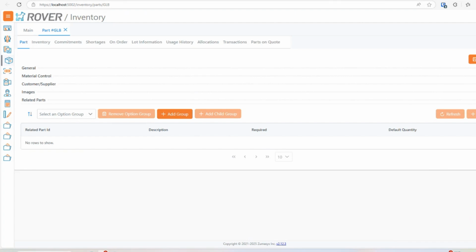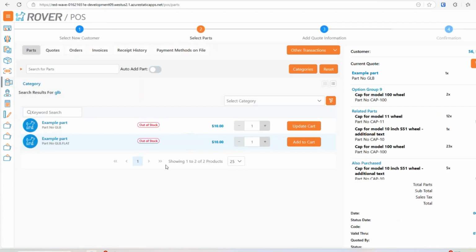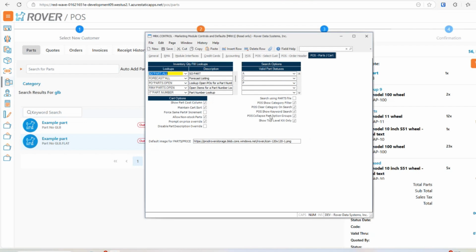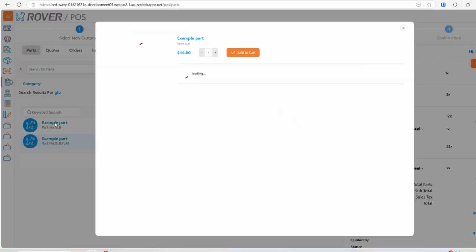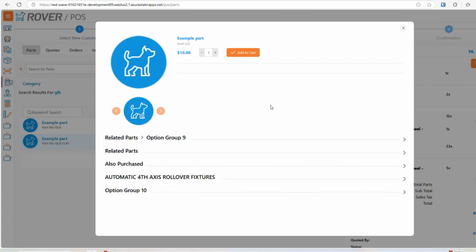And then another item that we're starting to work on is the ability to update the cart quantities from that same part detail display. That will be a toggle. The toggle has not been added to MRK control yet. So in this demo, I just have that hard coded to true. So in this case, I have a cart started and I have some items in the cart. If I go into the detail,